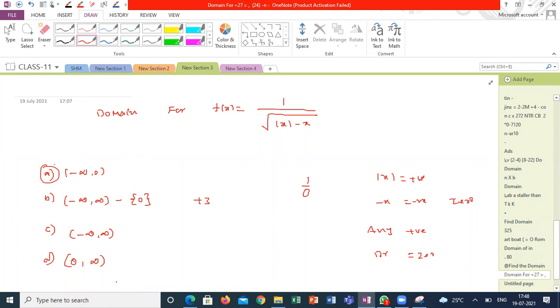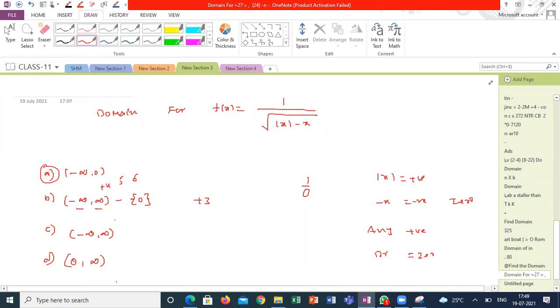Sir, how is it 1 by 0, sir? If we consider x as minus 4. No, x is minus 4, but what you are trying to say, x is minus 4, I can accept it. But x equal to plus 4 is part of the domain also, no? If I am saying minus infinity to infinity is the domain, I can take 4 also, no? I can take 5 also, I can take 6 also. These 3 domains. Got it what I'm saying?